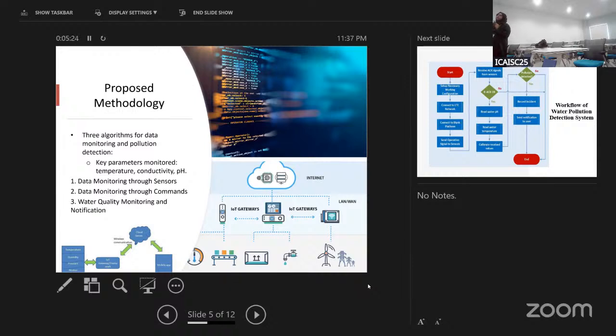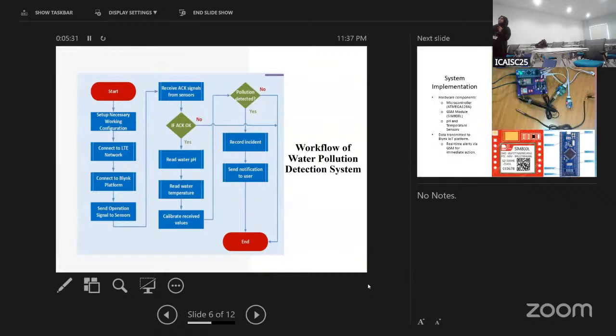We have done the data monitoring through sensors, through command line interfaces, and also through the Blynk platform. So basically, this is the workflow for the water pollution detection system overall. First of all, the setup is configured with the necessary working configurations. Then it is connected to the LTE network. So this is the load transmission and evaluation. And then it is connected to the Blynk platform